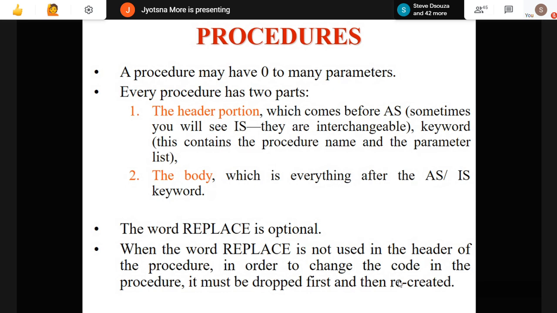That is also acceptable. But in the first-time execution, you can write create or replace. If you are not sure whether such a procedure name exists, you can just write create procedure. And then if the error pops up that the procedure already exists, you can drop that procedure and again create the procedure.